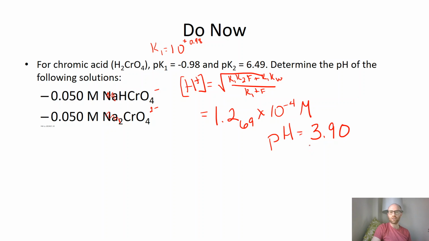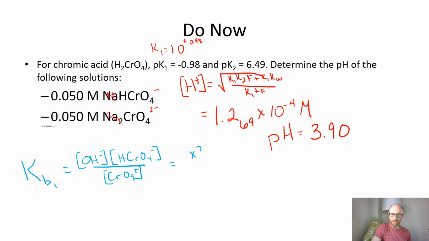And that should make sense for your intermediate form. Given that this is a relatively strong acid, it's still low pH, but not as low as it could be. And starting for the second one, starting with the fully basic form, let me switch my colors really quickly. Starting with the fully basic form, the guiding reaction here is going to be Kb1 is equal to hydroxide times the intermediate form over CrO4 2 minus, the fully deprotonated form, or x squared over f minus x is equal to